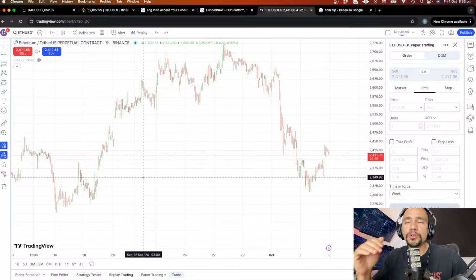Okay? If you do only 10 trades, it's a small sample size. It's not enough to know if that strategy is good or not. So I would say 100 to 200, 300 is a good number. And if you're profitable after 100 trades, it means that the strategy is robust enough to go to a live environment. Okay?